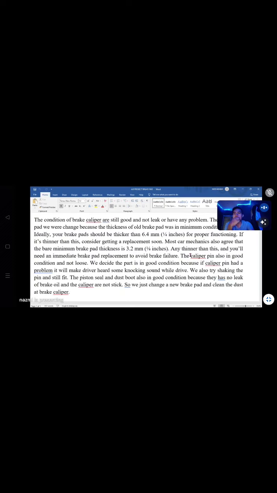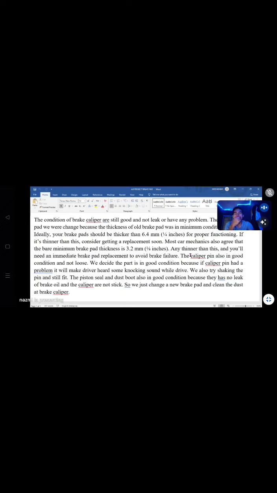So ideally your brake pad should be thicker than 6.4 mm for proper functioning. If it is thinner than this, consider getting a replacement. Most car mechanics also agree that the bare minimum brake pad thickness is 3.2 mm. So if you want to use the brake pad until the thickness is 2 mm,